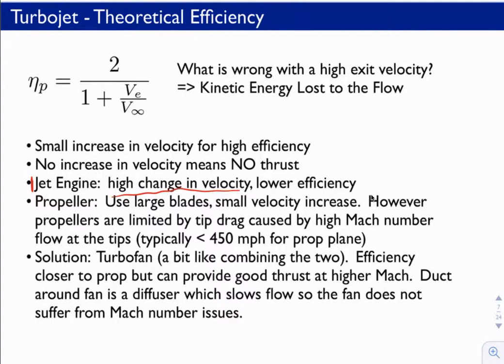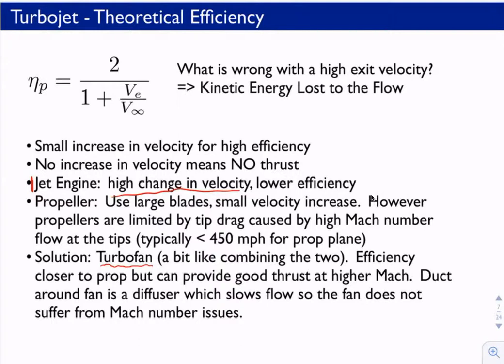Props, because they tend to use large blades, have a smaller associated velocity increase. The problem with props is that they're only good up to about 450 miles per hour for a typical prop plane, because at that point the tips start to suffer from high Mach number effects. You start getting supercritical flow at the tips, and that causes noise and other factors that are to be avoided. So the solution that the aviation industry came up with to get efficiency and also be able to function at transonic and supersonic